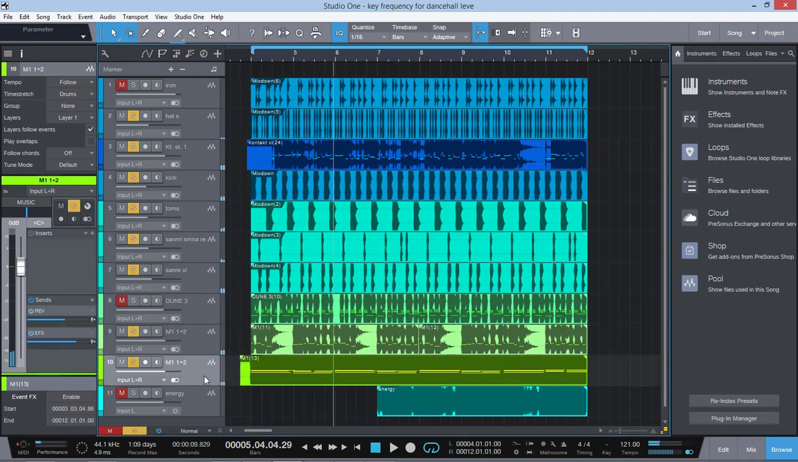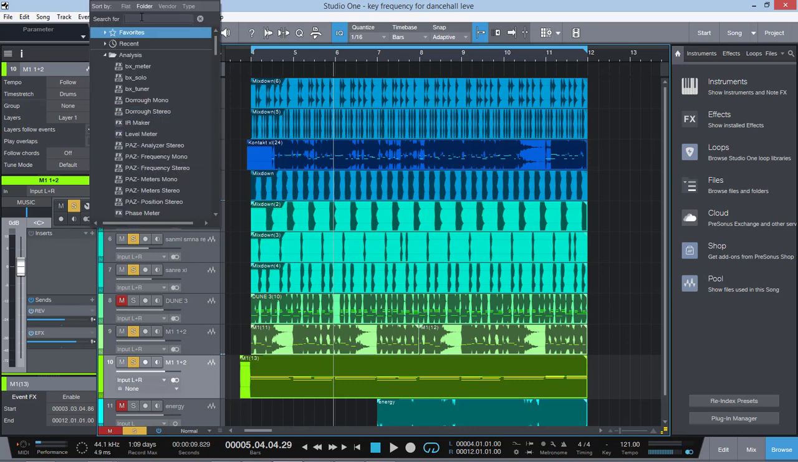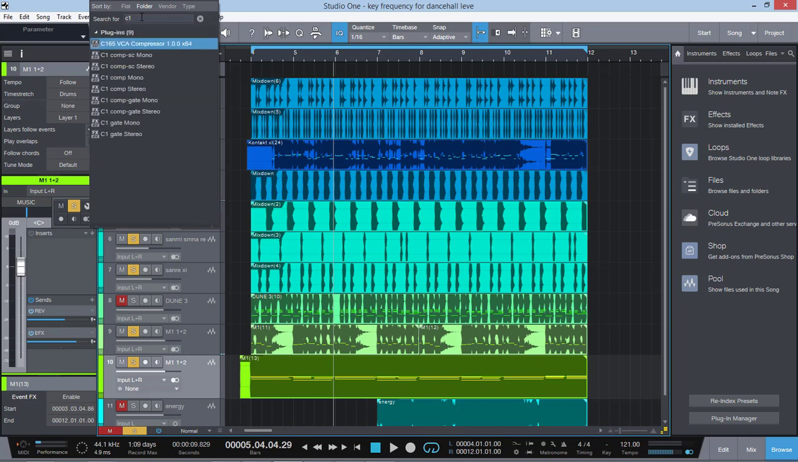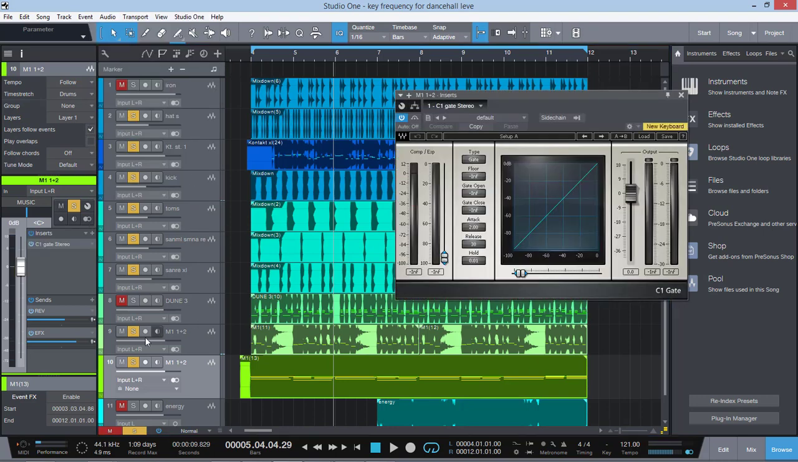Now, how can we make this synthesizer here a little bit more interesting? So I'm going to show you a trick here. I'm going to pull up, you can use any gate, and you will need a plugin that can use sidechain. So I'm going to use the Wave C1 to make things simple and easy here. I'm going to use the Wave C1 gate here. I'm going to put that on my synthesizer here. So if I play that,